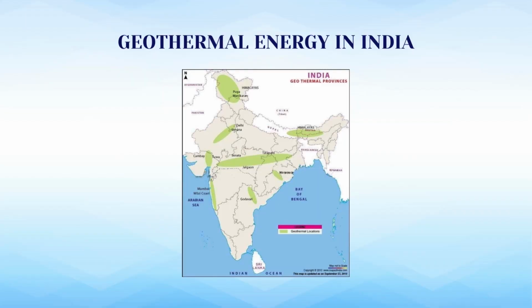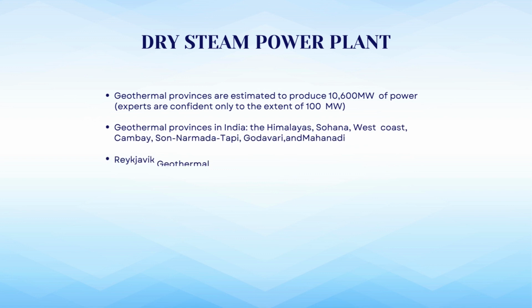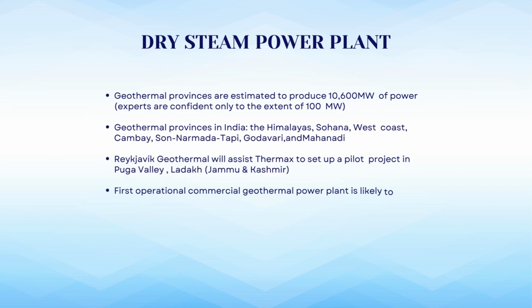Geothermal energy in India. The map shows the various spots in India where geothermal energy is available beneath the ground. The locations where these spots are available are called geothermal provinces. Geothermal provinces are estimated to produce 10,600 megawatts of power, out of which the experts are confirmed and confident about 100